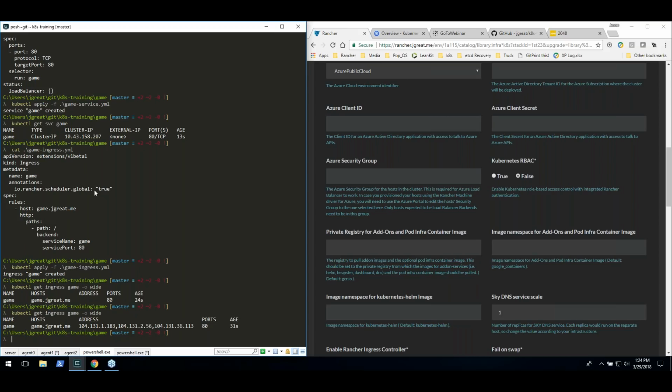Rancher 1.6 supports creating Kubernetes clusters in your cloud provider of choice. You can go to Azure, but these are EC2 VMs, for example. You might have some of those, and you might have some on-prem. My recommendation is not to mix those within the same cluster. You're going to run a separate cluster in EC2 and a separate cluster on-prem, so that if your communication, like your VPN, goes down, somebody trips over the fiber in your neighborhood,